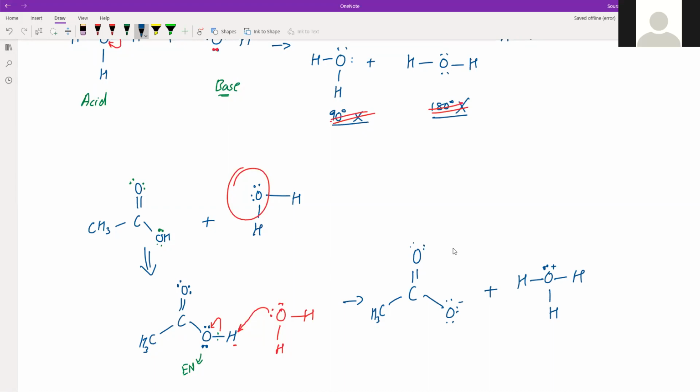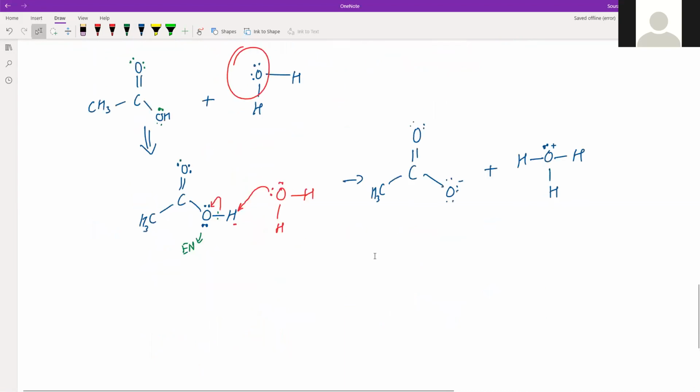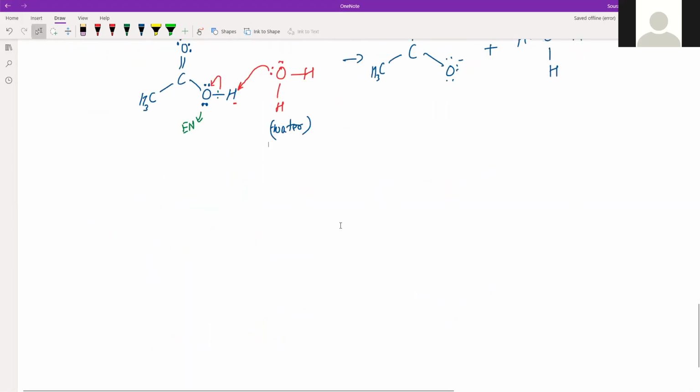So that's how this acid-base reaction happens. And as we can see here, this was in water. This acid, the same acetic acid, will also react with a base, not just water, that is OH negative. The only thing is that this H, the H which you can see here down, won't be there. Otherwise, everything will be the same.